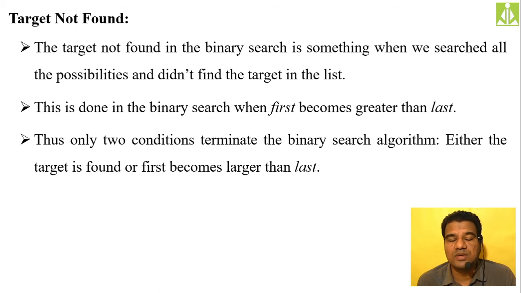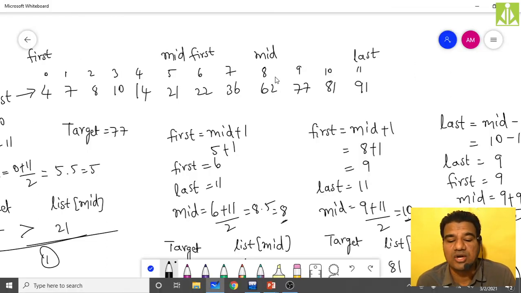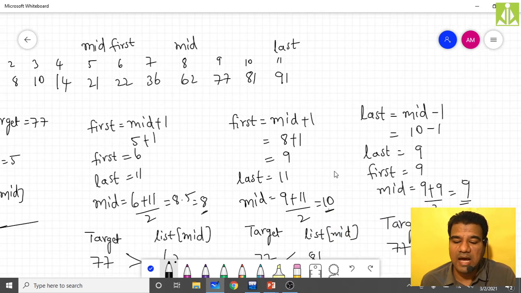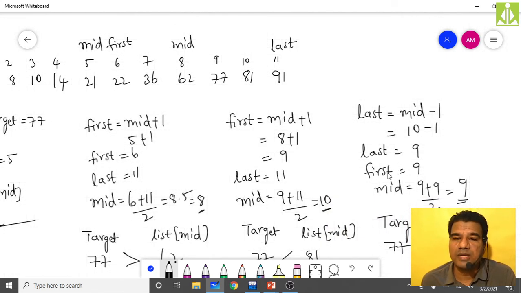If the first value becomes greater than the last value, that means the target is not there in the list. As you can see over here, in my last case, my first value became 9 and the last value was also 9 only, and we found the target there.